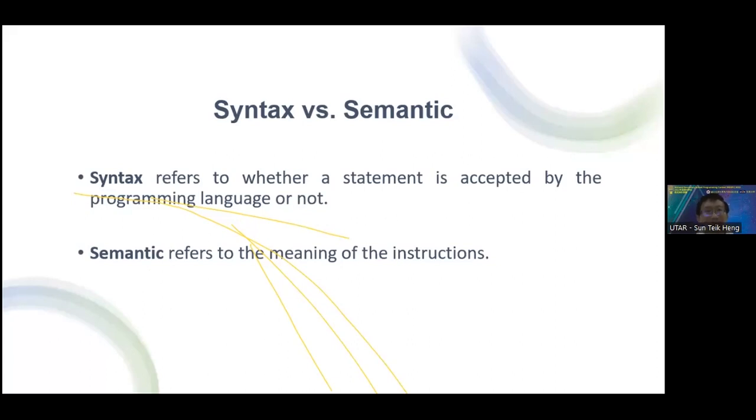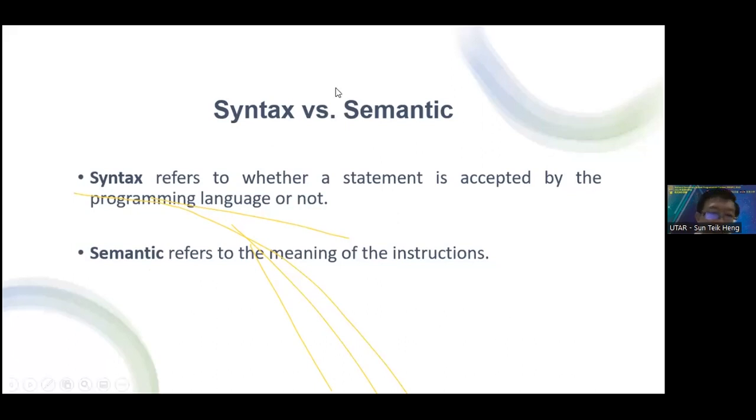You must learn their programming syntax so that you're able to write a program that is acceptable to the compiler of that programming language. Then only can the compiler convert your high-level language program into the corresponding machine